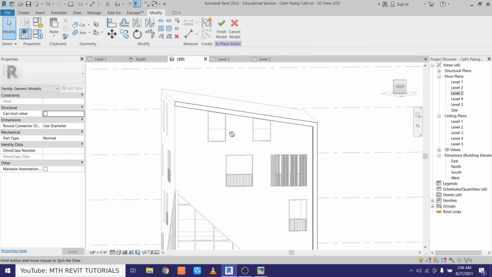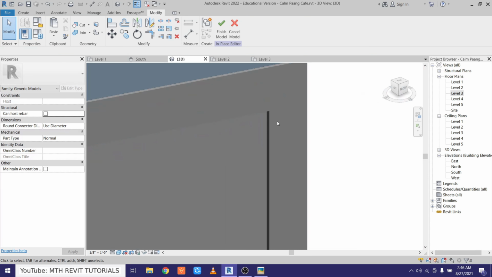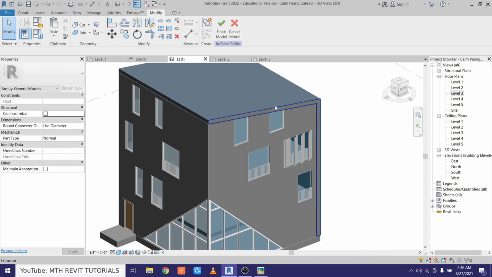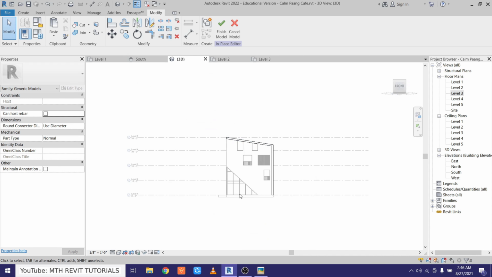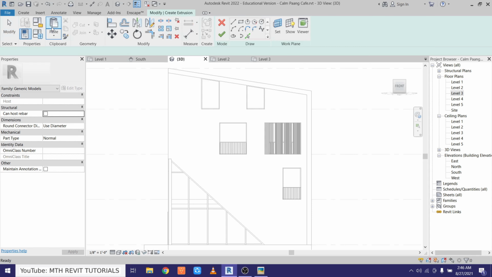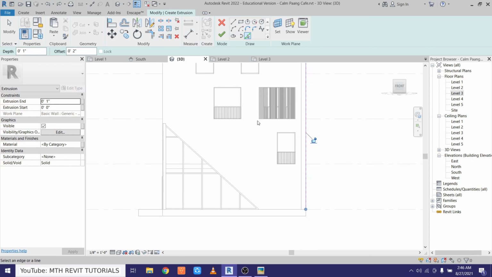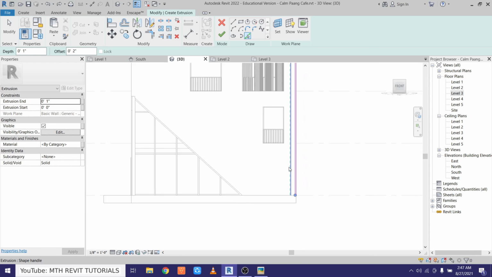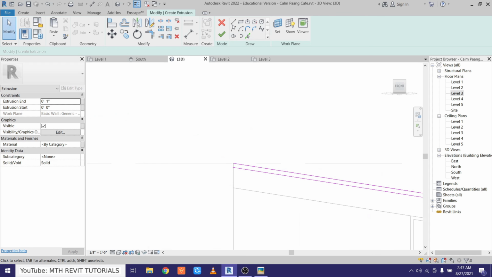Okay, we are actually in the 3D view, so let's see. Now I want to create another extrusion here, so let's go back to front view, press HL to change the visual style to hidden line, and then go to create, select extrusion, pick path, pick the edge of this roof as well as this wall, and then this time we will give 2 inch offset and pick these lines again,